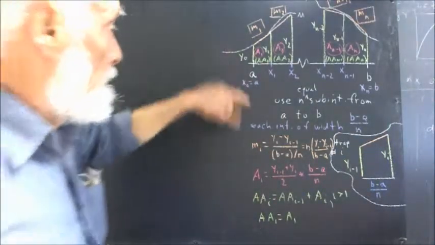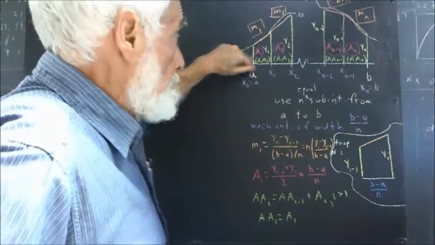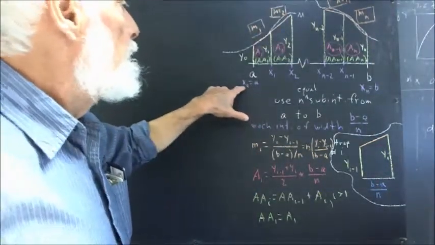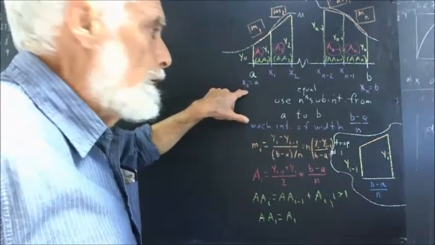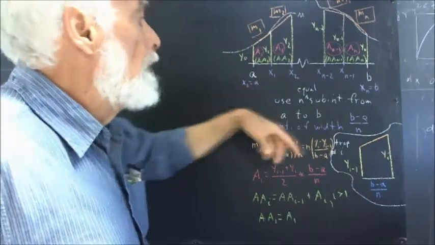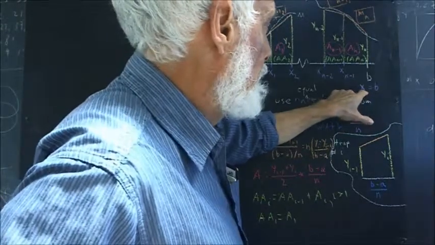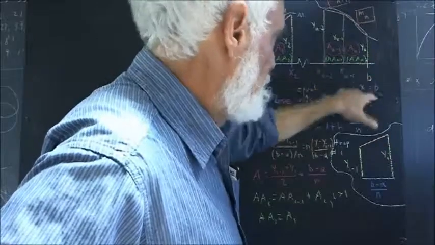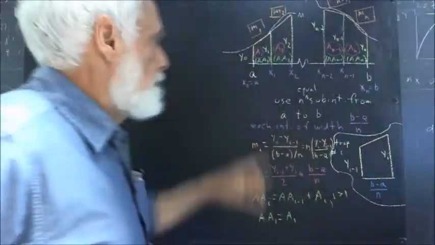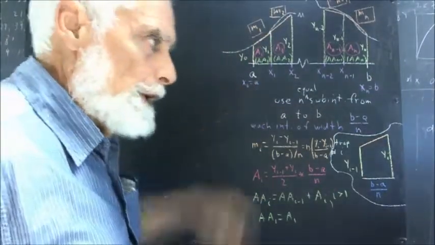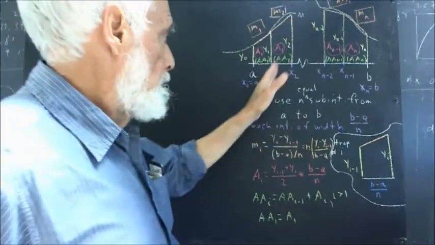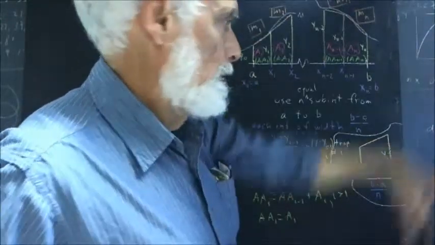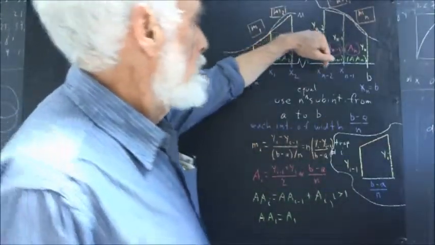Okay, but the interval is going to run from x equals a to x equals b, and the first value of x we're going to call x sub 0, so we can call the last value of x sub n. X sub n is going to be the last x value, and it's going to be equal to b. The first is going to be x0 equal to a. Then we have x1, x2, x3, and so forth, maybe for billions of intervals, until we get to